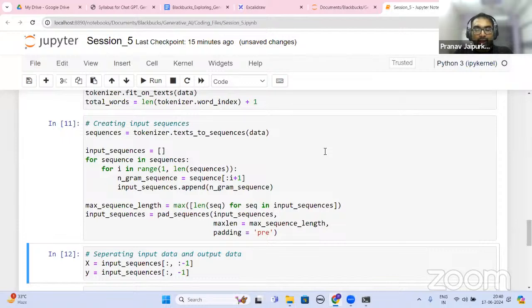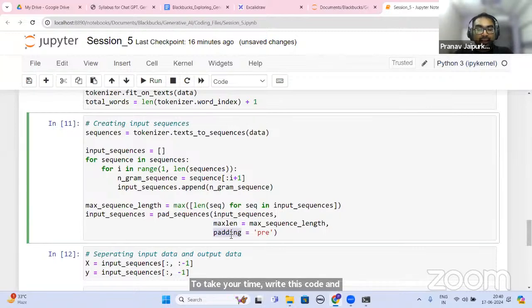So take your time, write this code, and it is your homework to see what is this max length and padding equal to pre, right?